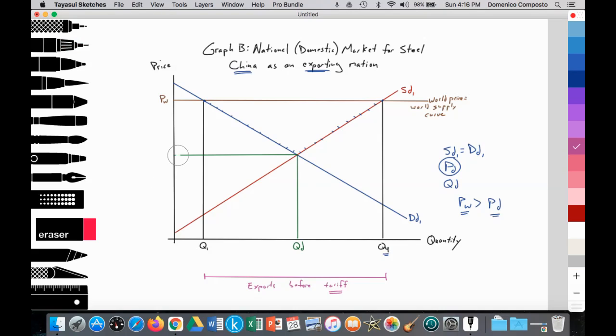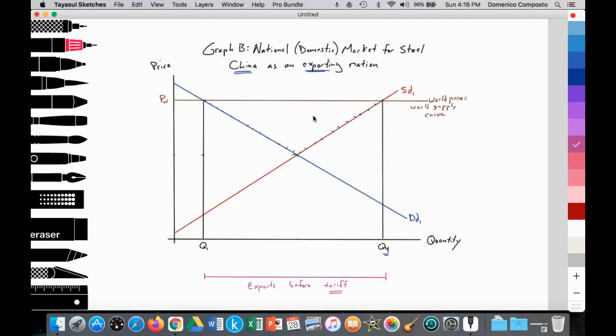So let's go ahead and get rid of this. We don't need this for now, just to illustrate why China is exporting: their domestic price is lower than the world price. So they have the comparative advantage, their cost of production being lower than that of other nations, like perhaps the United States, and so they will export. We have China engaging in global trade. There is no tariff imposed, and at the world price, at PW, China will export a quantity of Q4 minus Q1 going into the world market.